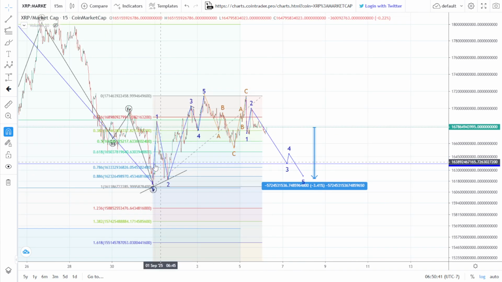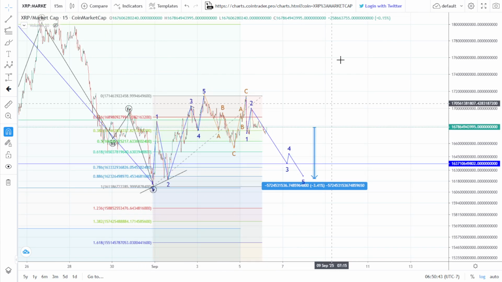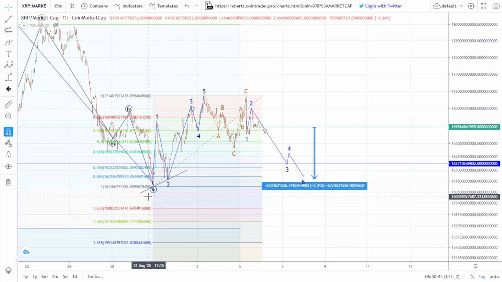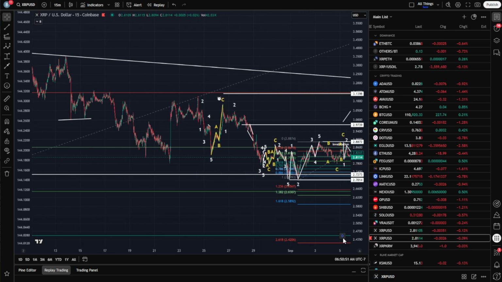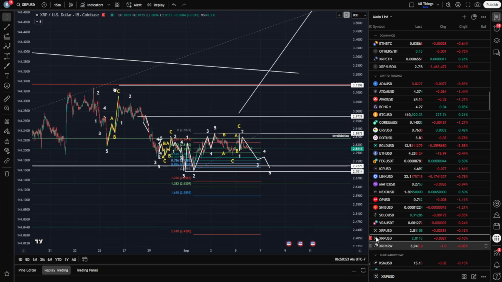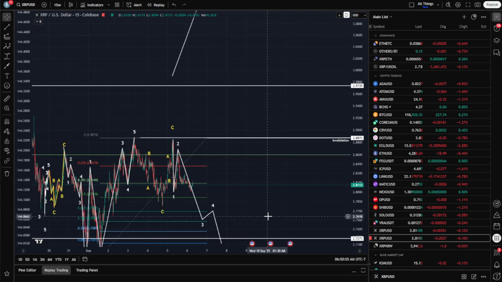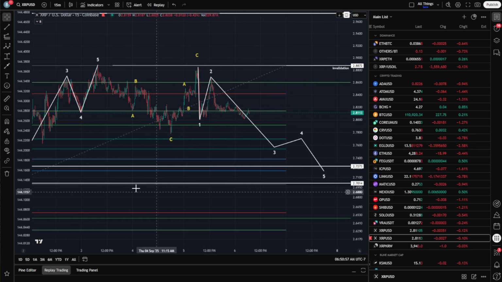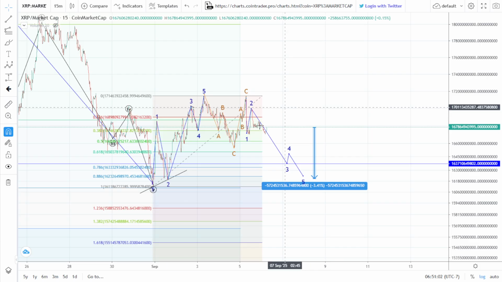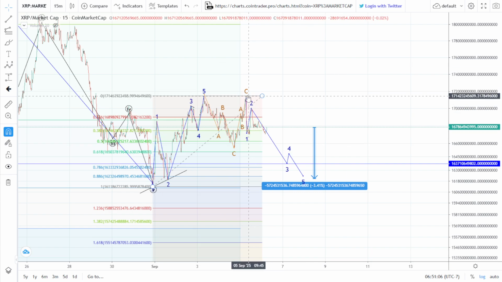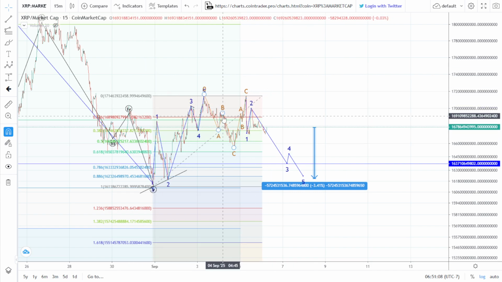And then from there, we're going to flip our bias to long, because this will be a completion of wave 1, wave 2. But this is also another discrepancy with the current price action that we're seeing here, where we ended up having a lower low on the USD pairing, and a higher low on the market cap chart. So this is primarily where I'm looking for most of my symmetry and balance for these wave